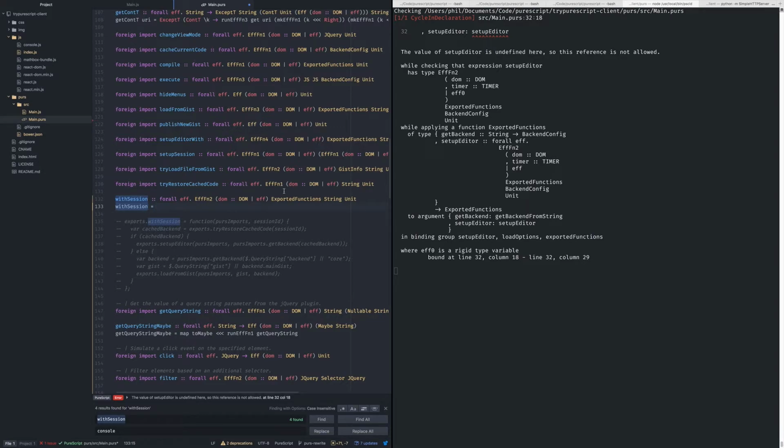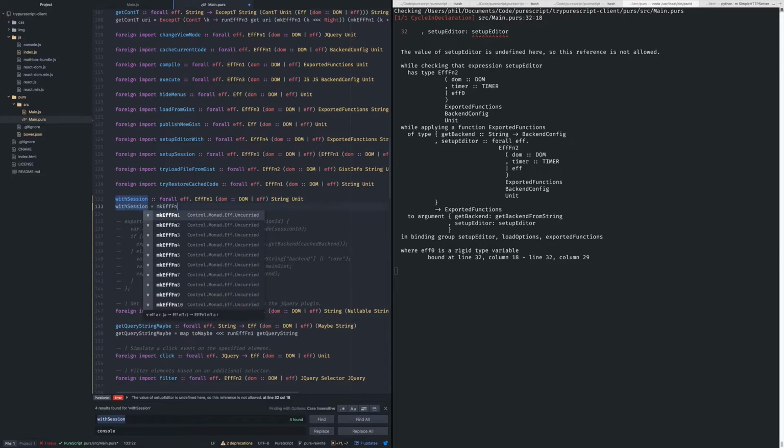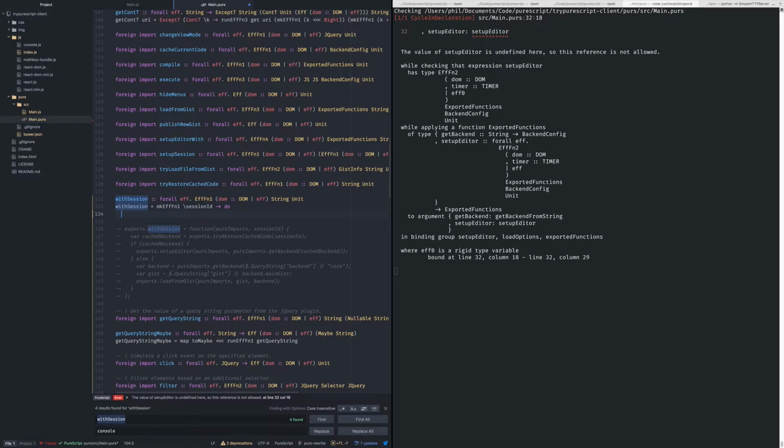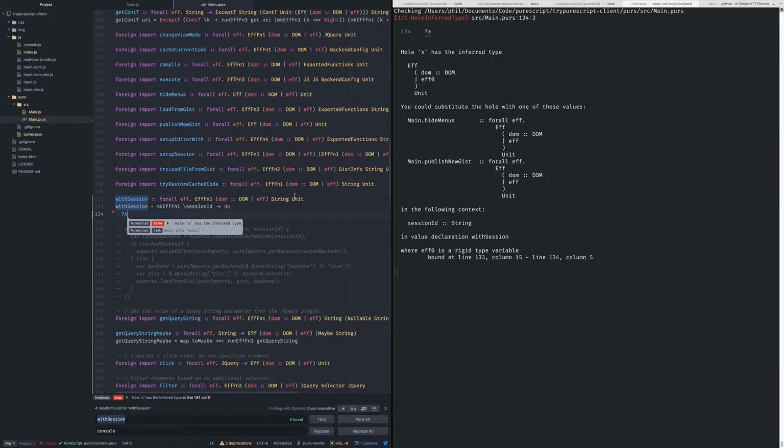is going to be, well, we don't need exported functions anymore, just like we didn't need it before. We're going to make an f1. We're going to bring the session ID in, and we'll do some work. Okay, so x has this type. We need to get the cached backend first of all, so let's do that. So let's get,